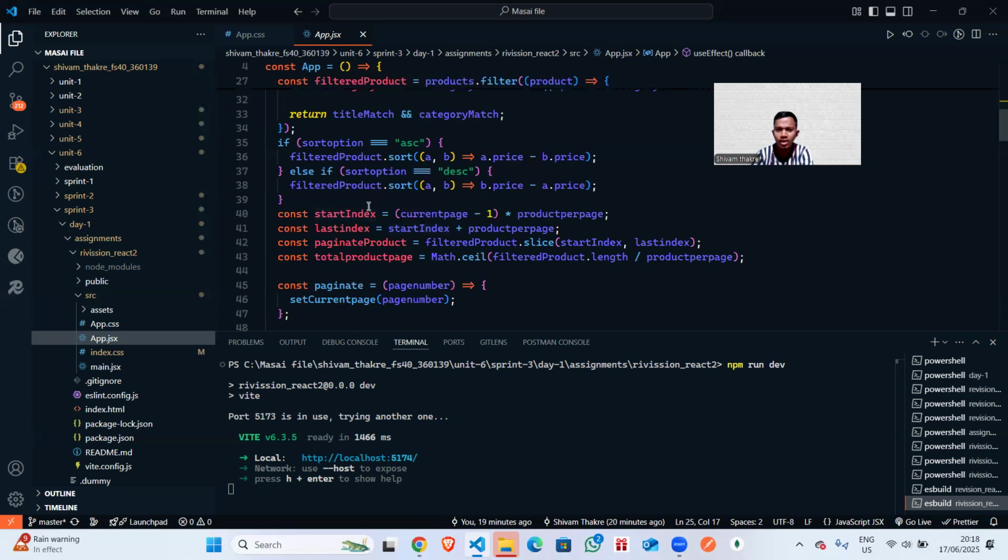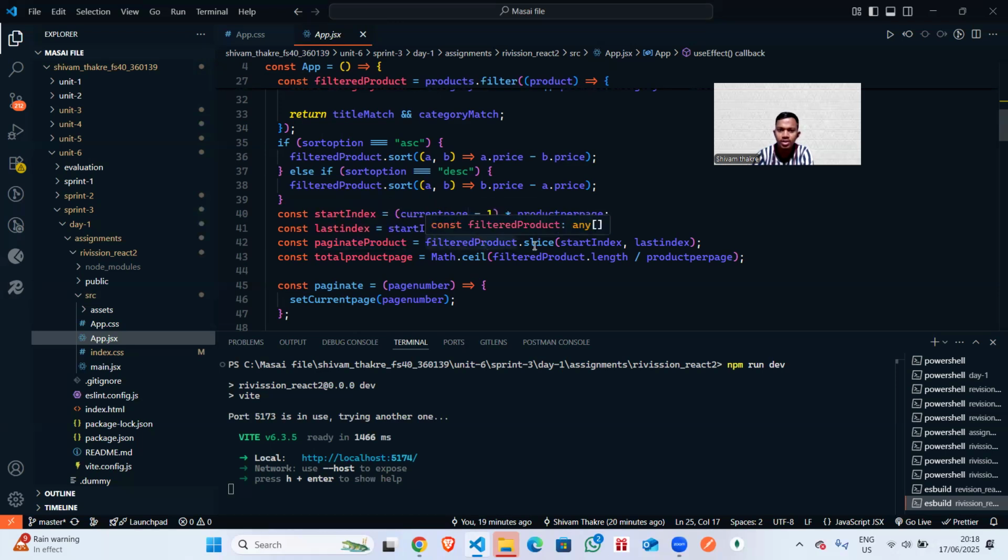Then for pagination, start index is current page minus 1. Current page is 1, and 1 minus 1 is 0, so the first page is 0 times products per page, which is 5 times 0. For current page 2, 2 minus 1 times 5 is 5, and so on. The last index is start index plus products per page, so 0 plus 5 is 5, then 5 plus 5, like that.